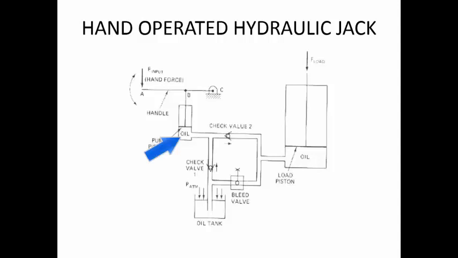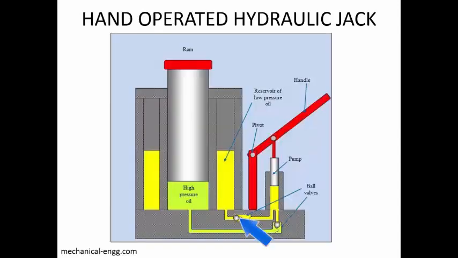Now once you reach the bottommost point, again when you are trying to move upwards, the piston will be moving upwards, a low pressure is created, this check valve will close, this check valve will open, and the fluid is entering into the pump. Again as you lower it, this check valve will close, this check valve will open, and the fluid is going to enter into the cylinder. Now you can see for one stroke you are supplying only a very small amount of oil over here, because whatever the stroke length is multiplied by the area, that is the volume, so you are able to send only a very small amount of oil.